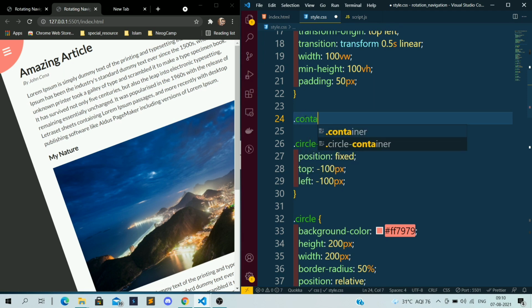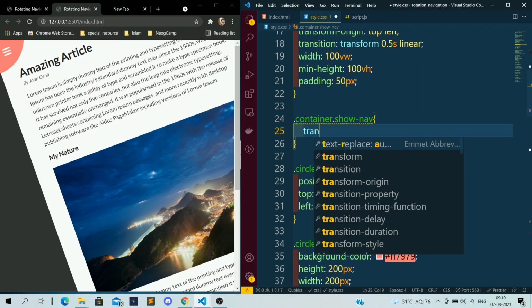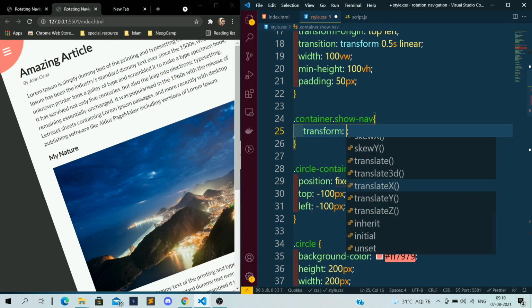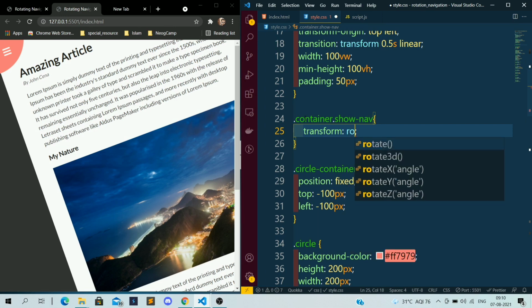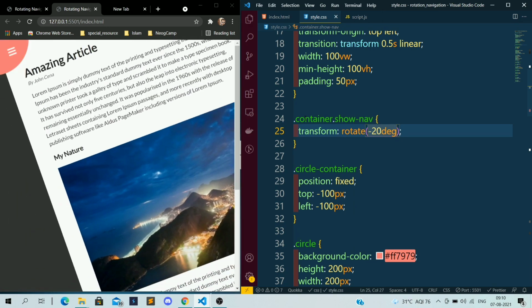So I want to apply the CSS over that nav. If that class is there, I want a transform of rotate. Rotate around minus 20 pixel. Okay, not minus 20 pixel, minus 20 degree. So if you see that,